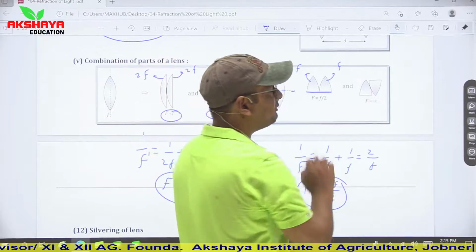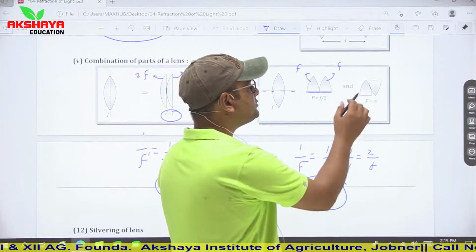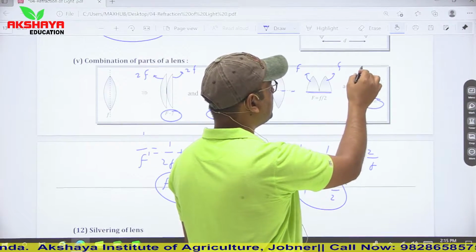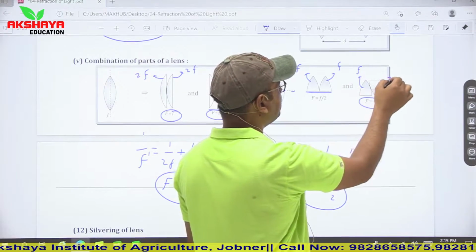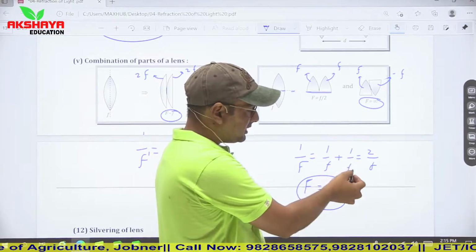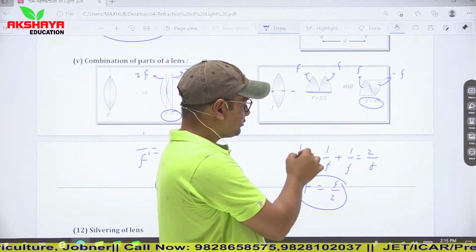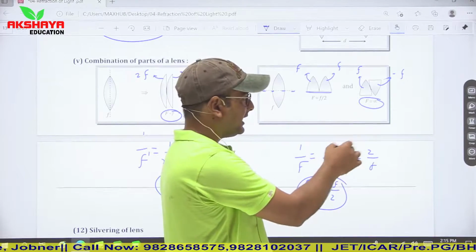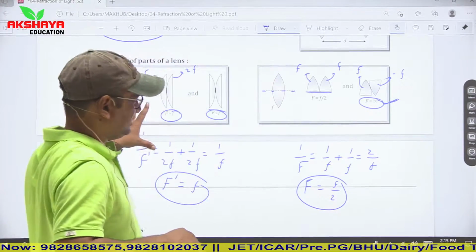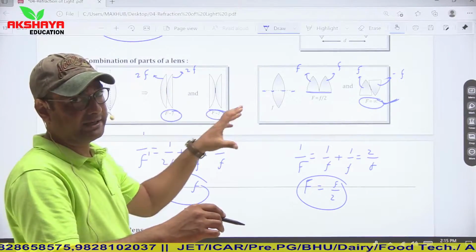And if they are placed inverted to each other, then in this situation the focal length becomes infinity, because if the focal length of one is taken as f, then the focal length of the other is taken as minus f, and in that case 1 upon f minus 1 upon f becomes equal to 0. So 1 upon F becomes equal to 0, and hence F becomes infinite. So this is the simple concept of cutting and their combinations.